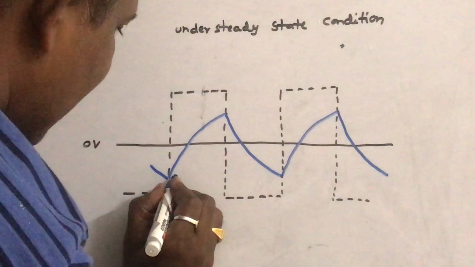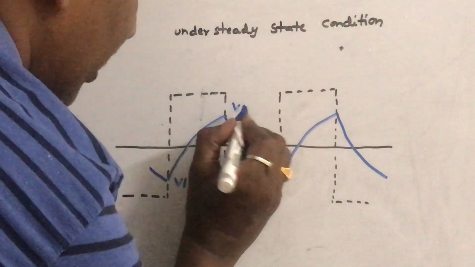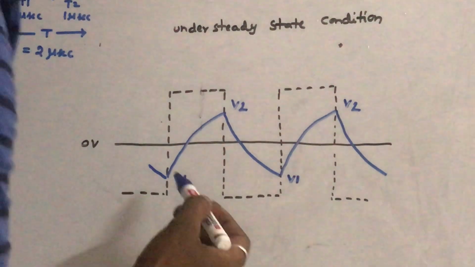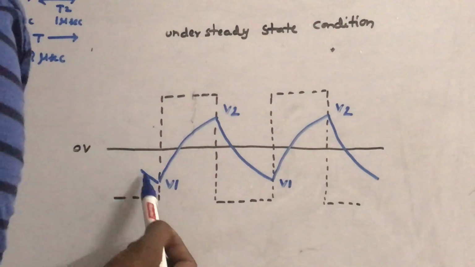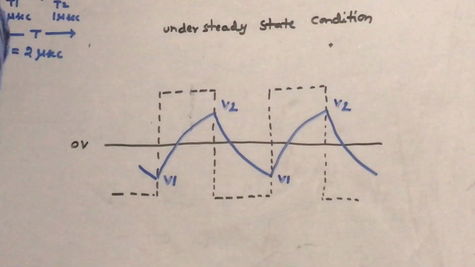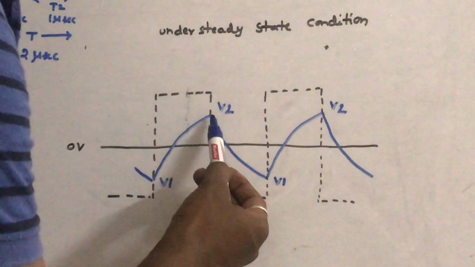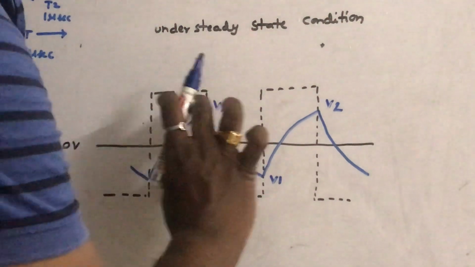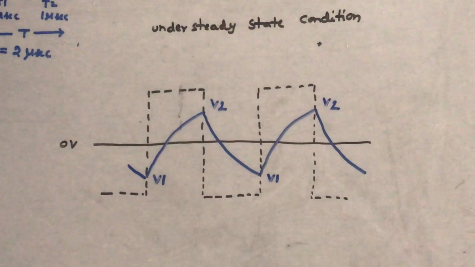These are the steady state values I have mentioned in the derivation also. We can watch the derivation again. These are the steady state values V1 and V2. What is asked? This is the output waveform we have to draw. So what we have to find out are these steady state values. Remember that V1 and V2 are steady state values of this waveform. We have to find V1 and V2, and the peak to peak amplitude of this waveform is V2 minus V1.